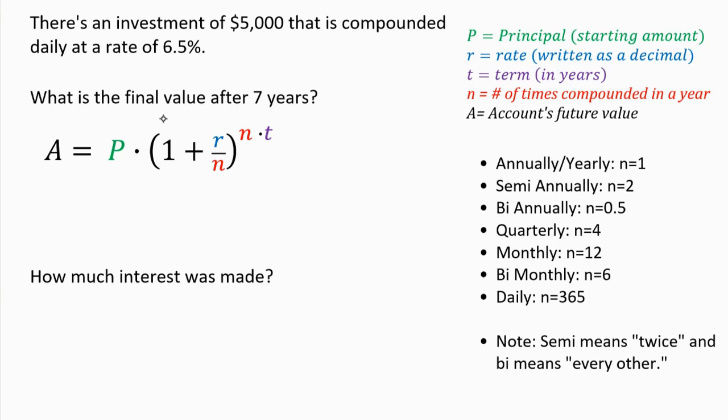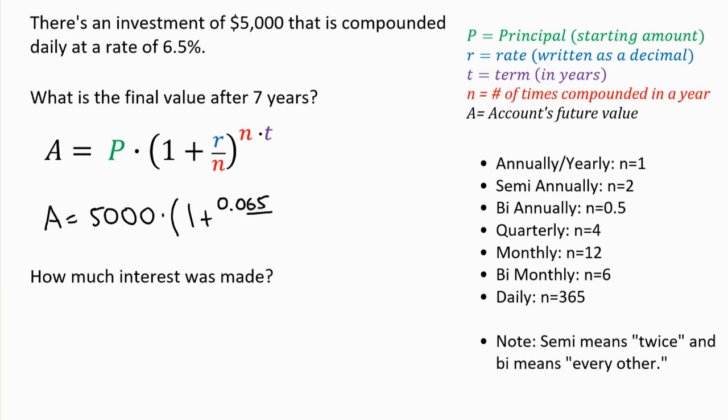So we're going to use this formula right here, which represents compounding interest. P is going to be the starting value, so I will go ahead and write that. That was 5,000. We multiply that by 1 plus the R value, which is the rate, and we always write the rate as a decimal. So you could divide it by 100, and then we're left with